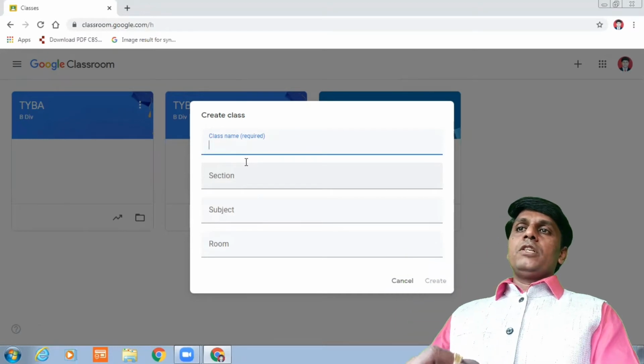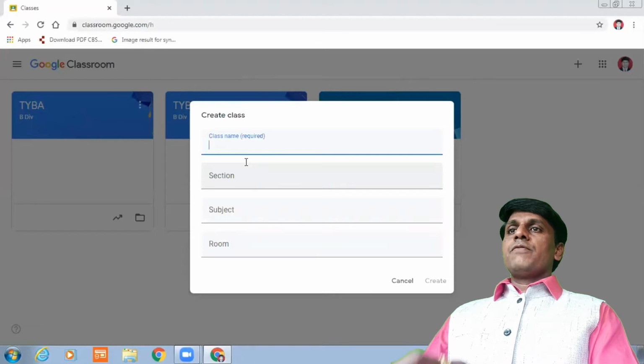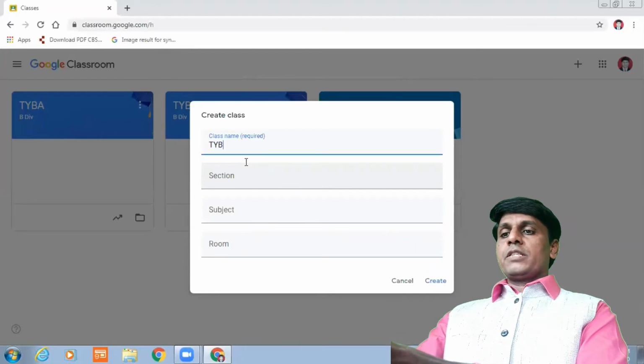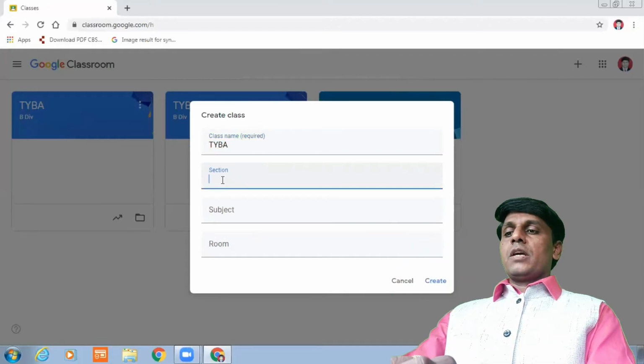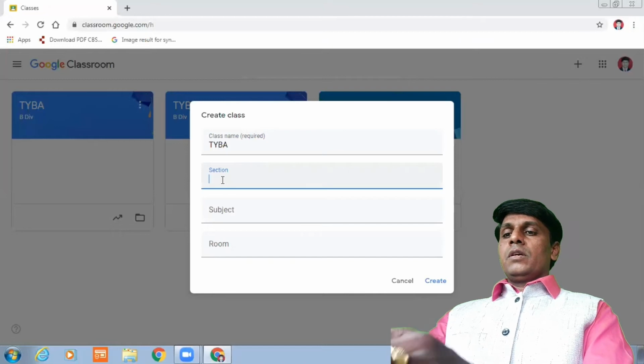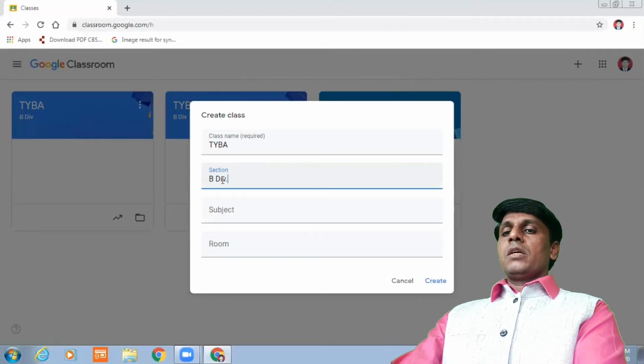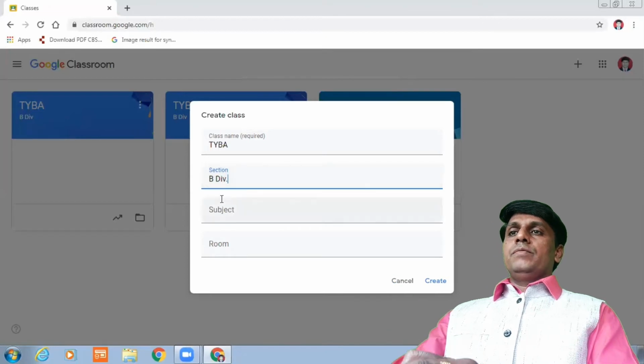In this pop-up window, you have to fill up the information. First information is the name of your class. So type, for example, I will type here TYBA. This is my class name. The next one is section. For example, my section is B division.